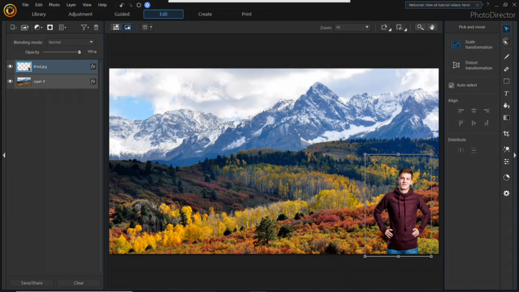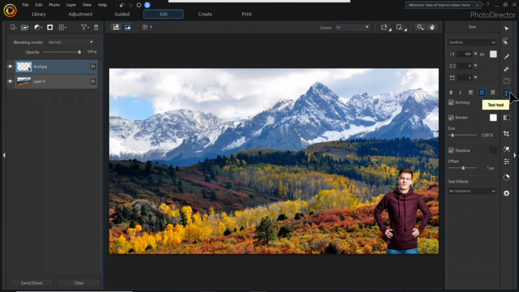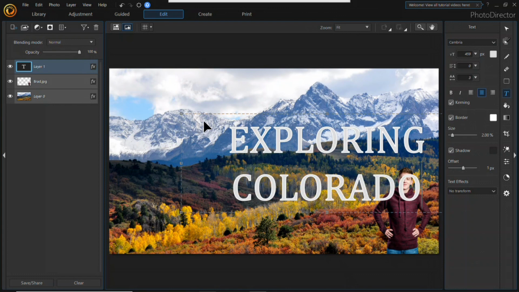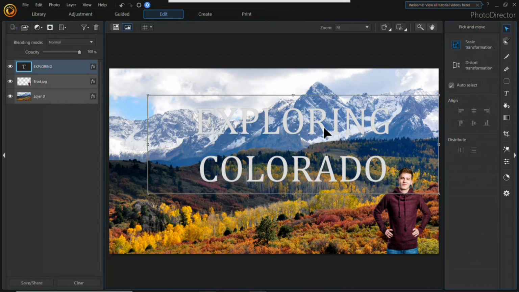And then we're going to throw some text in. So we'll just grab our text tool. And we'll just say exploring Colorado. Oh, I don't want a border. Let's take off that border. All right. And now